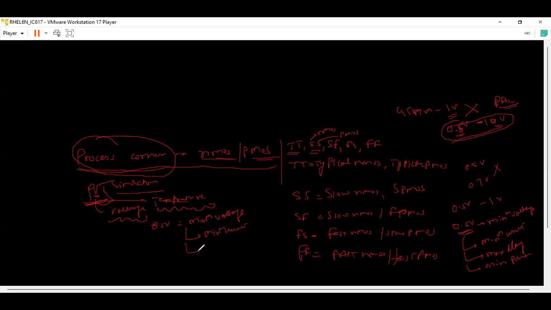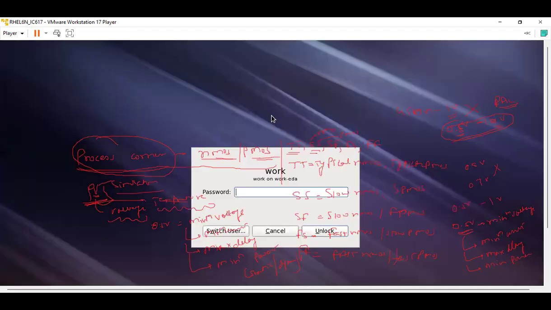For minimum current, you will get the minimum power consumption, be it static or dynamic. The power dissipation will be minimum in any case, right? So what we have seen in this case is that when you use these terms,